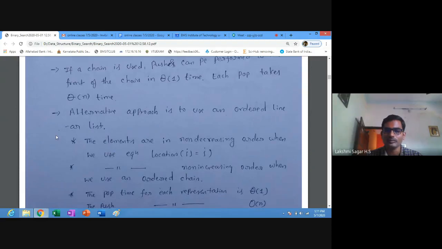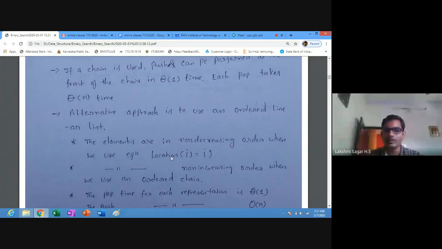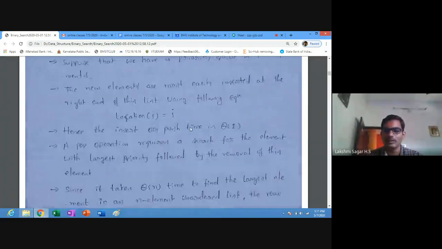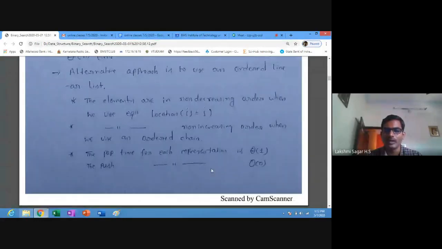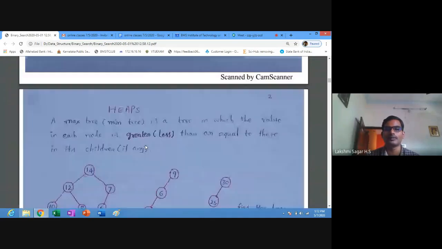In the ordered linear list, the elements are arranged in non-decreasing, meaning increasing order. Using these equations, we can arrange the elements in increasing order, and the elements can be arranged in decreasing order when you use the ordered chain. The pop time for each representation takes big theta of 1 time, and the push time for each representation takes big O of n.